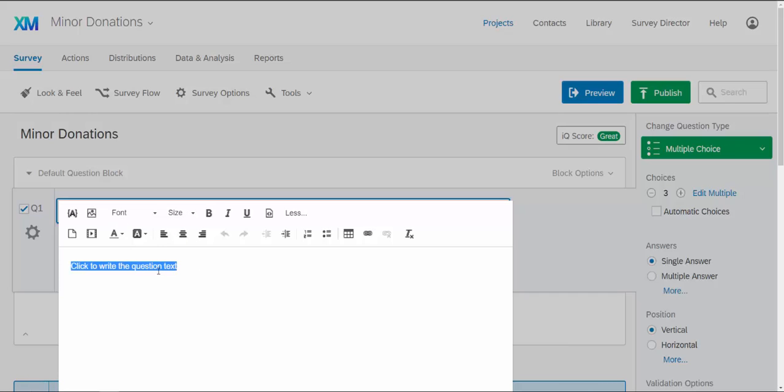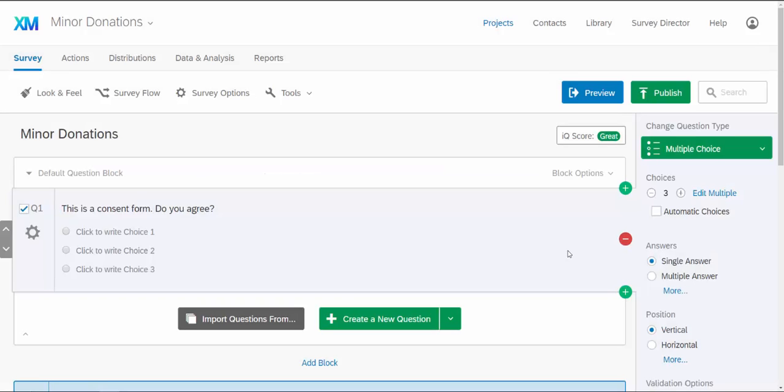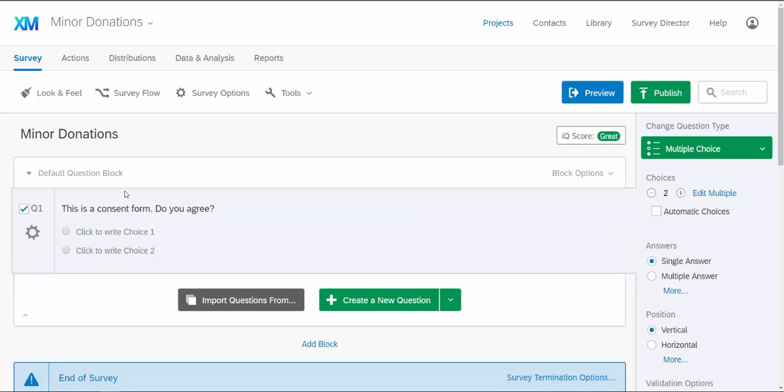So I'm going to just keep it simple and say this is a consent form. Do you agree? And I just click off the box and now I have my consent form. Now over here on the right, we can see that the question type is a multiple choice question, which is what we want. The number of choices we have is set to 3. We're going to change that to 2. And we're just going to write in the choices. So we want to say